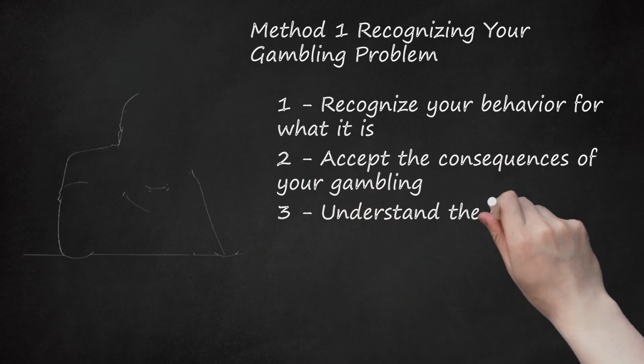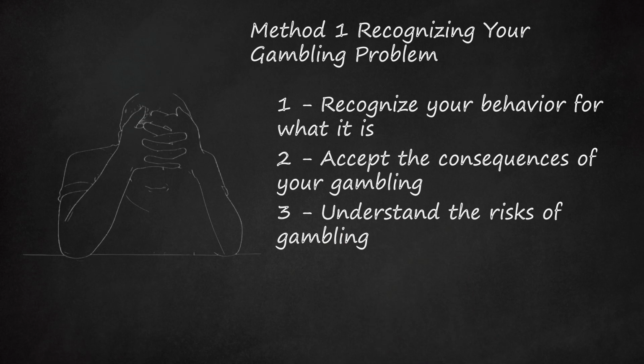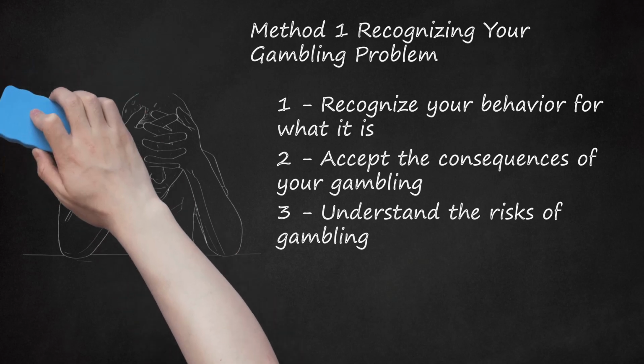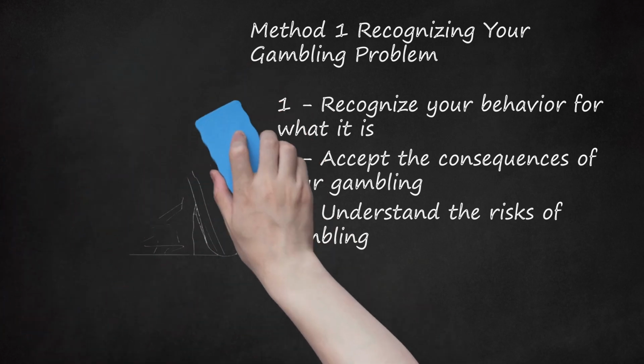3. Understand the risks of gambling. Knowing the risks of gambling may help encourage people who gamble to consider the consequences before deciding to gamble. Excessive gambling can lead to depression, anxiety, aggression, increased suicide risk, relationship issues, and stress-related illnesses. Gambling also increases stress levels via the stress hormone cortisol and your heart rate, which can lead to health risks. Pathological and addictive gambling can result in decreased decision-making skills and reduce your ability to evaluate the consequences of your actions.